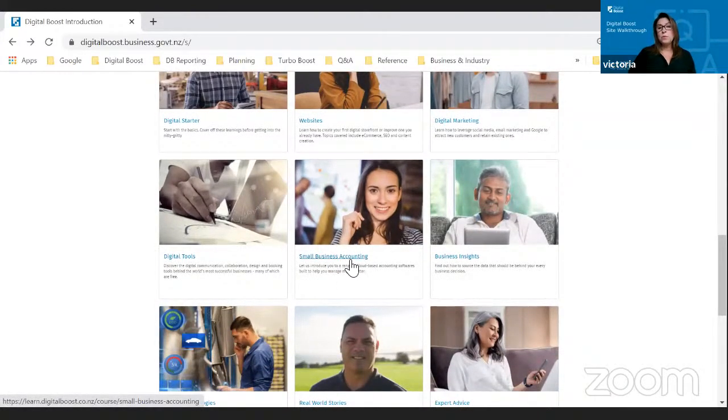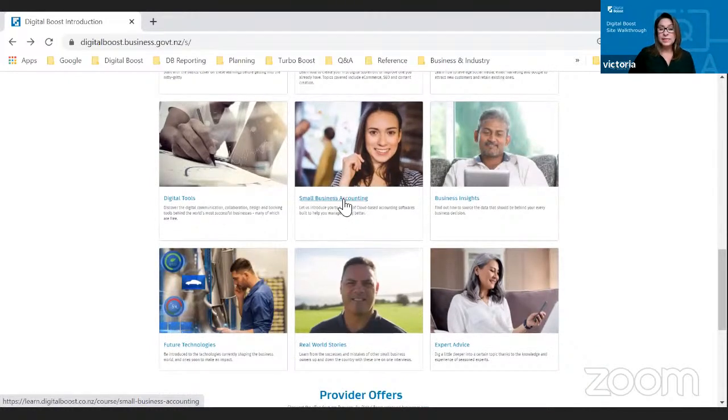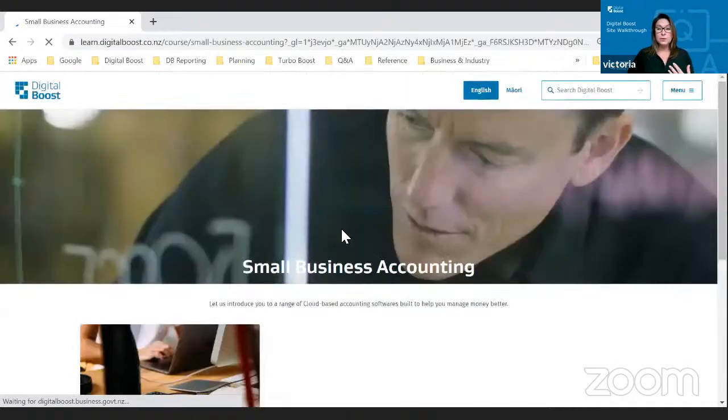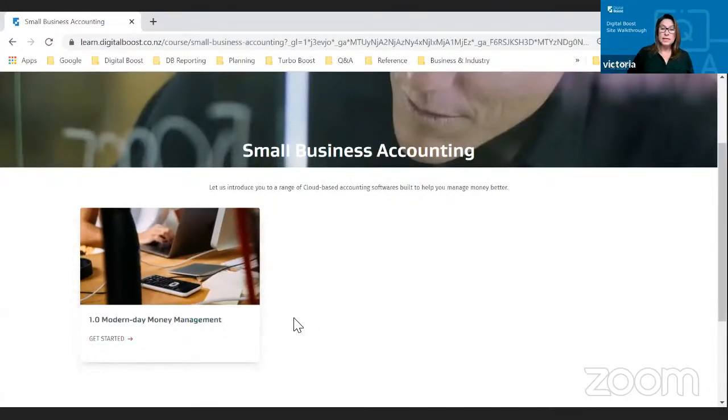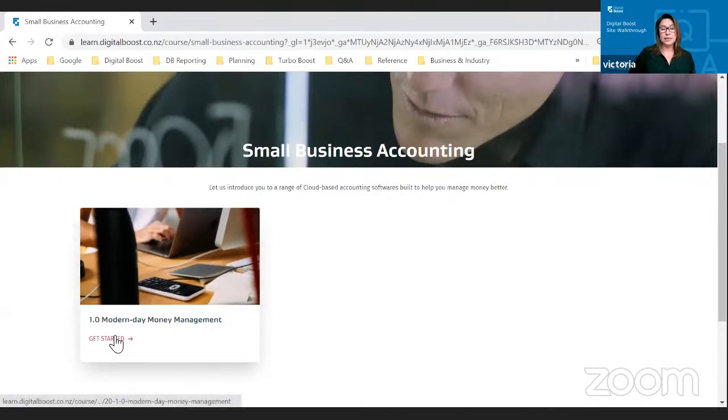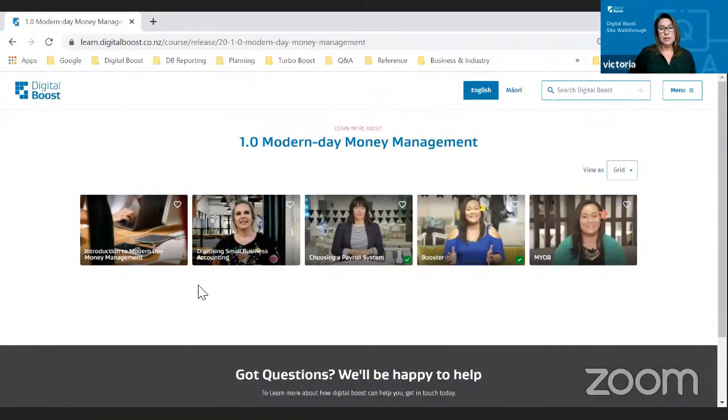So we've had a look at our digital tools. We've got 3 more categories that have how-to videos. We've got small business accounting, so we can click into here. We're going to see modern day money management, which gives us a couple of ideas about payroll systems, Booster, and small business accounting. Now, if you do want more in-depth information on some of the big providers of accounting software,